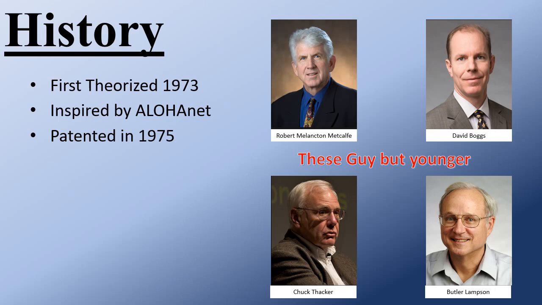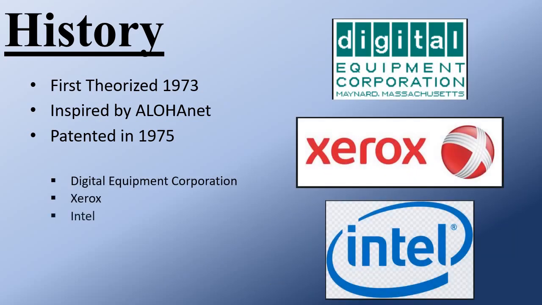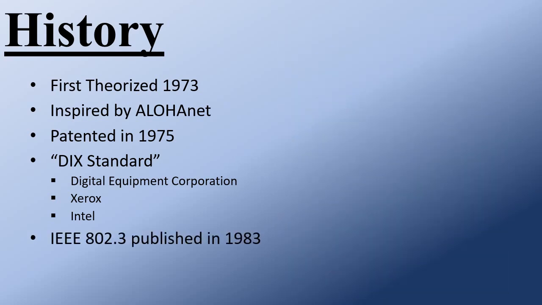In 1979, Metcalfe started the company 3Com and convinced Digital Equipment Corporation, Xerox, and Intel to unite in promoting Ethernet as a standard. They called it the Digital Intel Xerox Standard, or DIX for short. It specified a 10 megabit per second Ethernet with 48-bit destination and source addresses and a 16-bit Ethertype field. The standard was published in 1980 with version 2 coming out in 1982 and was formally standardized on June 23,